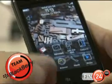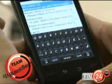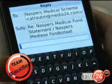and then you can type your email. While most users are happy to use the built-in email on the BlackBerry, I'm a Gmail user, and simply by downloading the Gmail app, you're able to get it. All you have to do is click on the shortcuts on your menu bar, up pops your Gmail. The only problem I have is the area they give you to write back is a little bit small, but